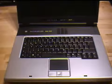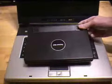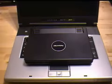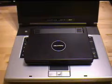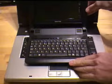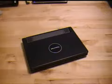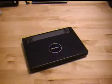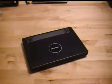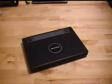This is an Acer 15-inch laptop, and this is the Packard Bell Easynote XS 20. This is a 7-inch fully functional laptop. So again, it's the Easynote XS 20, currently available in Holland and England as I speak in the third week